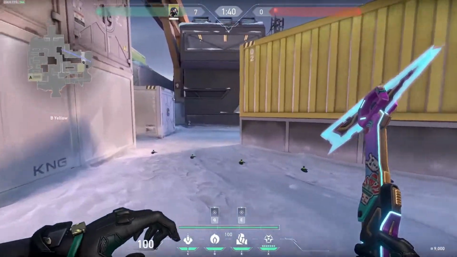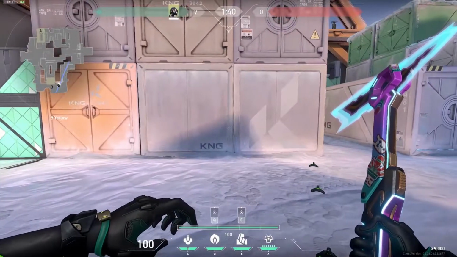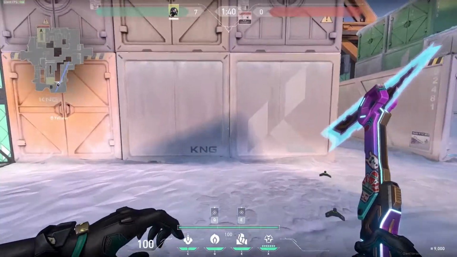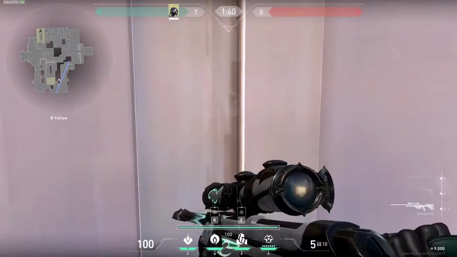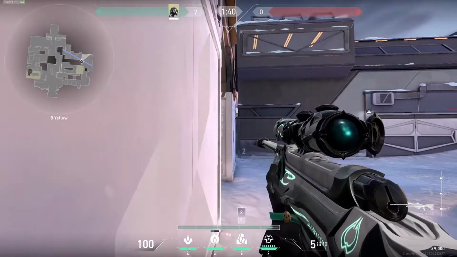Anyway, so for the one way that I know for this map, I haven't figured out anything else yet. You want to get in line with these two crates at the bottom here, and when you pull out your orb,